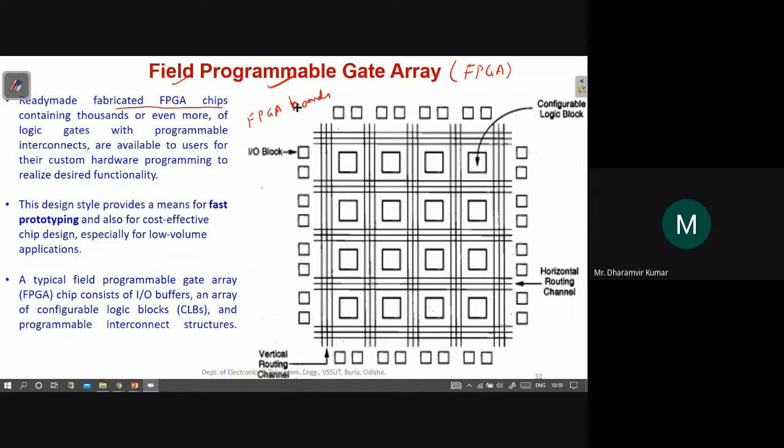It's like Arduino boards, which you might have heard about. The Arduino board is made available to you. You just do the programming and test your circuit on this Arduino board. So the hardware is available to you. You just have to perform the programming and simulation, and then test that circuit on the board.